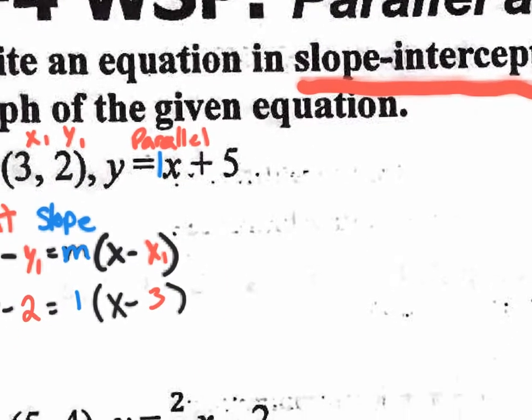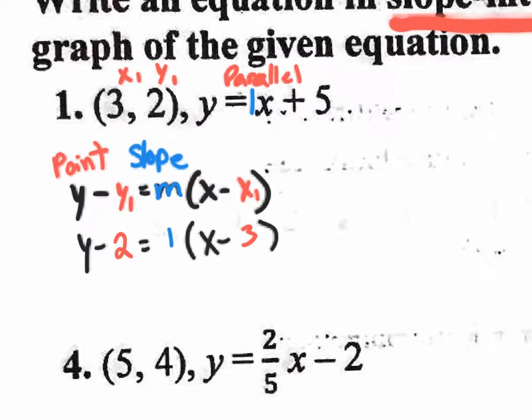Now, slope-intercept, we know, is having y by itself with no parentheses, right? You want y by itself. You don't want y minus 2. You just want y equals, and you want mx plus b. You don't want parentheses. So how do you get rid of parentheses with the number in front? You distribute the number. So if you distribute 1 times x and 1 times negative 3, it's not going to change anything, right? So you're really going to have just 1x minus 3, and you still have the y minus